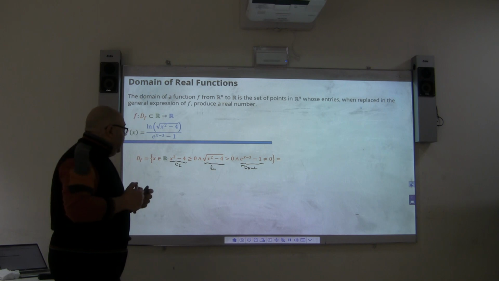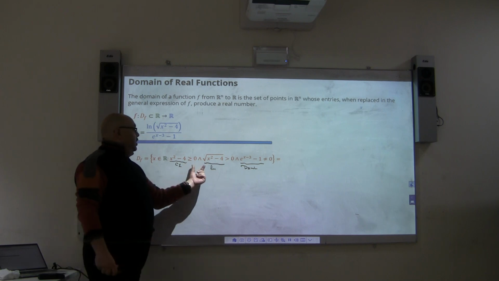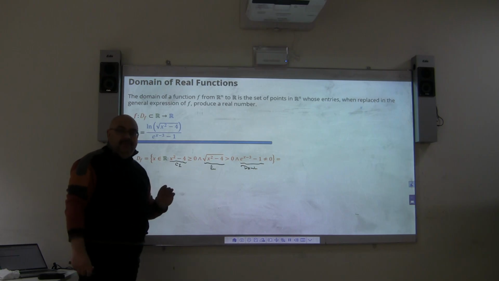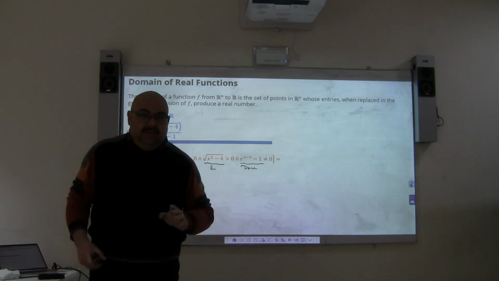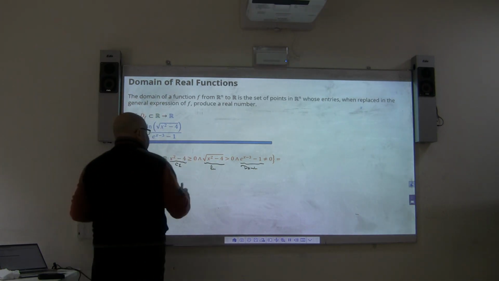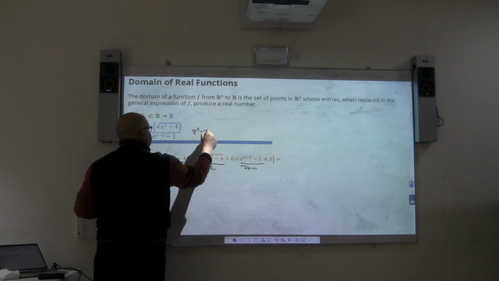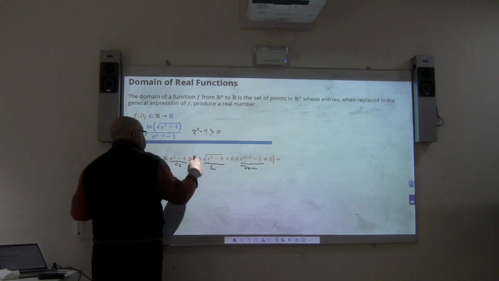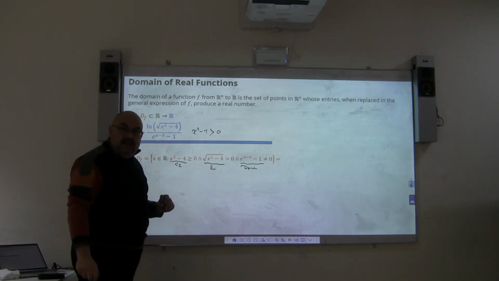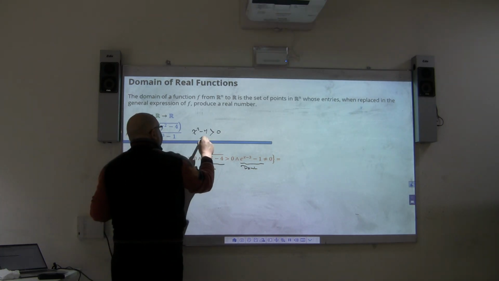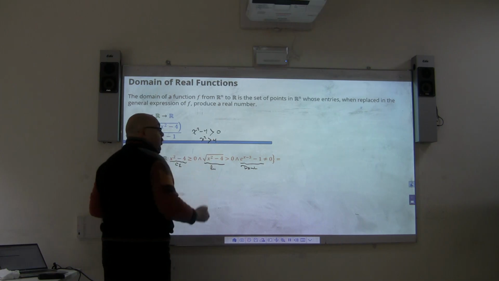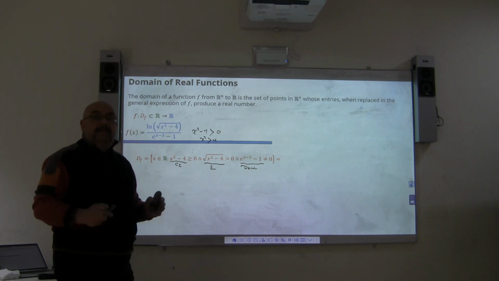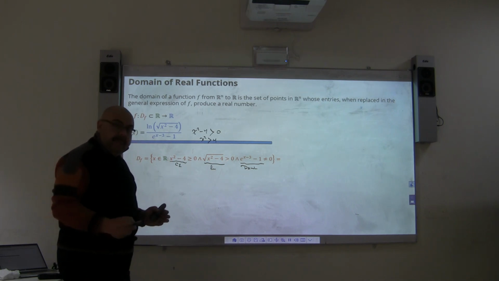I will start to analyze each one of them. Of course, the intersection of these 2 is x squared minus 4 greater than 0, not greater than or equal, greater than 0. Don't use the equal sign, because we are rejecting the equal sign. Do you read what I'm saying? The second step will lead to x squared is greater than positive 4. As I told you previously, once you have x squared greater than a number, take the square root of both sides, which leads to